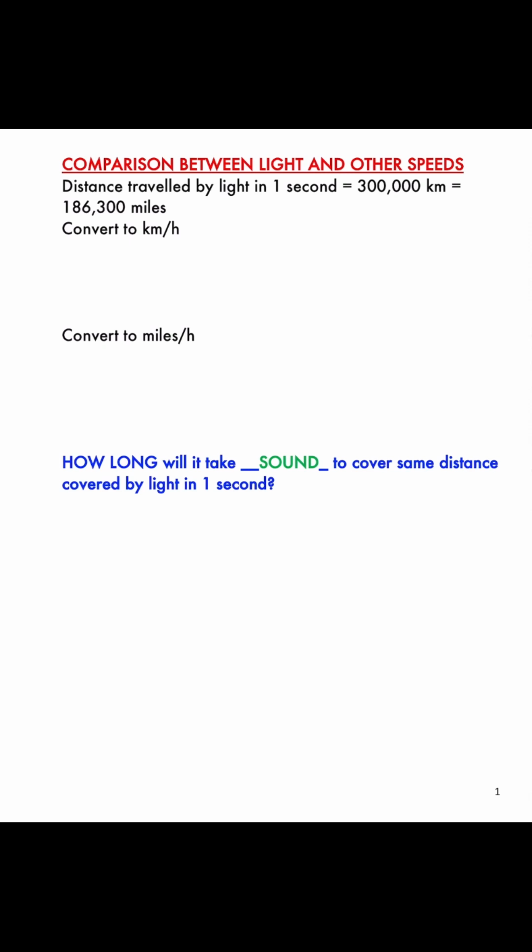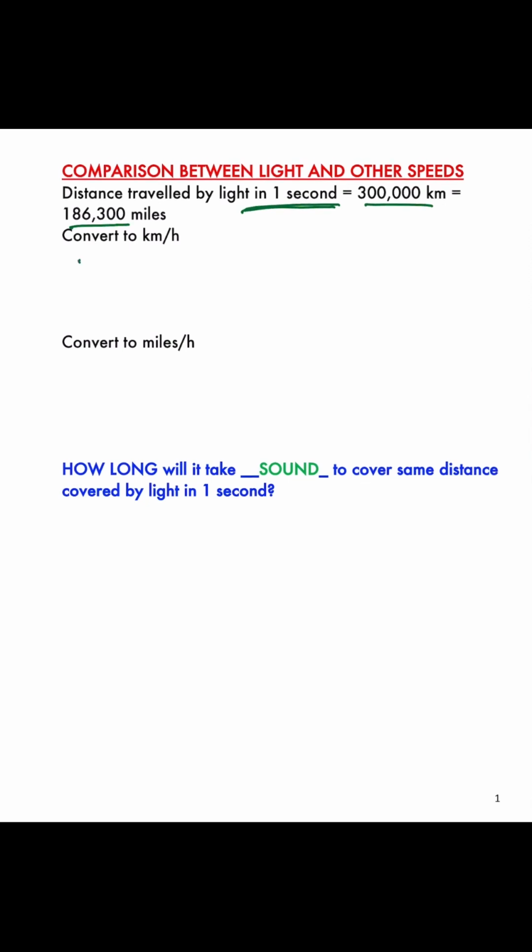Today we'll be looking at a comparison between light and other speeds. The distance traveled by light in 1 second equals 300,000 kilometers, which is also 186,300 miles. We can convert that to kilometers per hour. In order to do that, we take the speed of light, which is